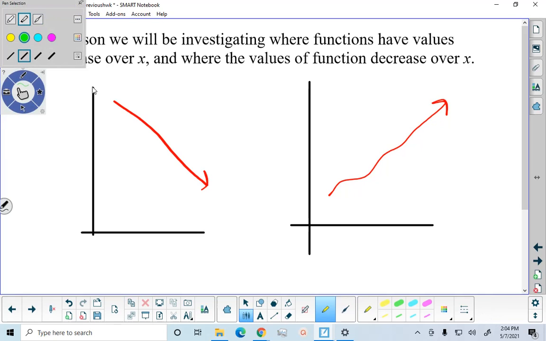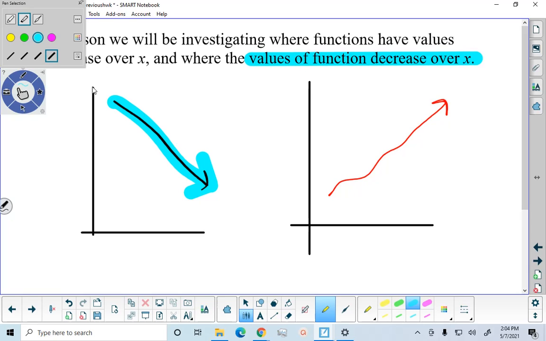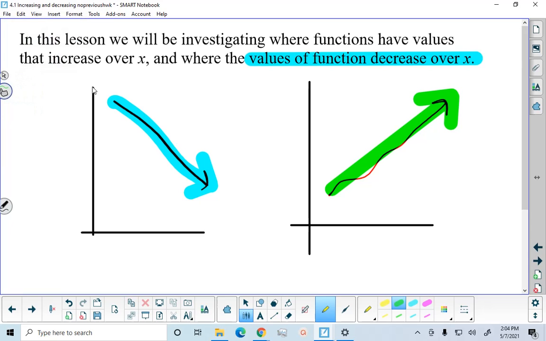I just want to highlight that so that you get my drift. I think you do, but this is talking about a function decreasing. On the other hand, this is talking about where a function is increasing. And I think you can kind of figure out where this is going. If you look at the one that I've highlighted in blue, the slope of that function everywhere in that interval is negative. And if you look at the function that I've highlighted in green,